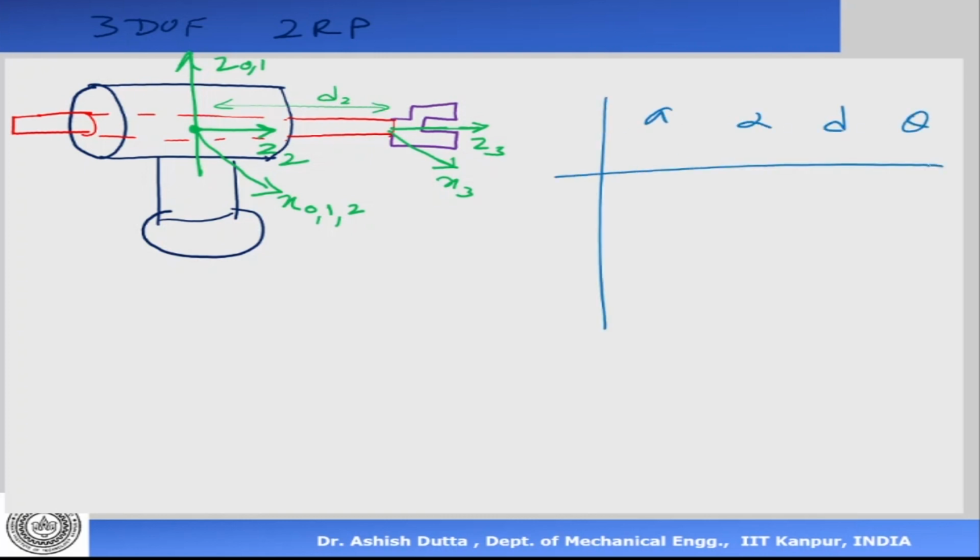So initially when you are doing it, it's 1, 2, 3. This is between 0 and 1, this is 1 and 2, this is 2 and 3. Initially when you're writing the DH parameter table, it's a good idea to write down that a is the distance between Z, this is the angle between Z, this is the distance between X, this is the angle between X.